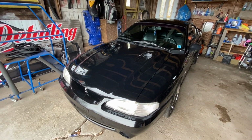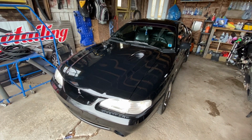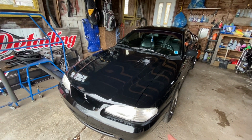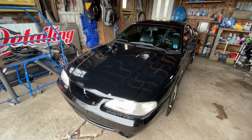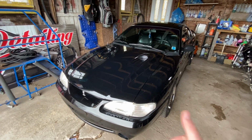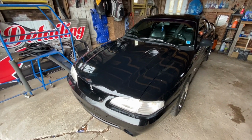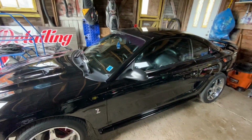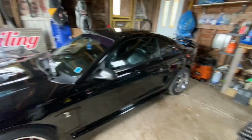Spring rolled around, and I sent it over to the local Ford dealership. Nine hours of diagnostics later. Thankfully, I work for the same auto group, and I get a discount. So nine hours of diagnostics, and we have a running and driving Cobra again. Now on the way home, which I will have in the video here somewhere, which you might have already seen,